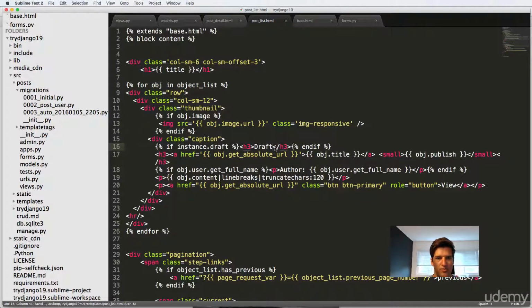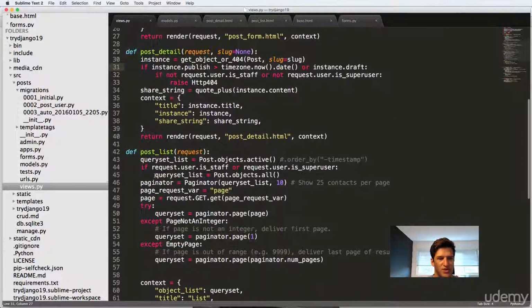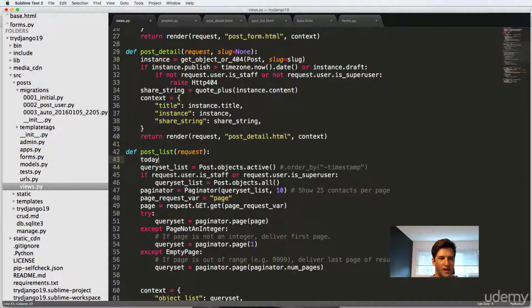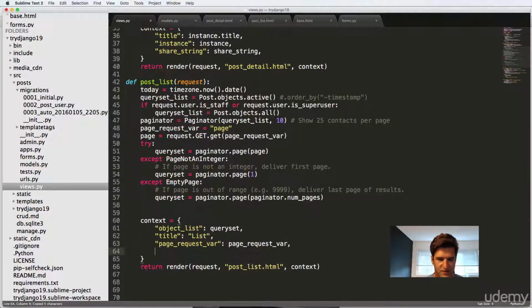We also could put a clause for if it's hidden, but I'm not going to go ahead and do that. You would have to do it through the view. Actually, you know what? We might as well just do it through the view as far as the queryset is concerned. Just by simply doing today equals timezone.now().date, passing this into the context variable. So today is today. And then back in our list,